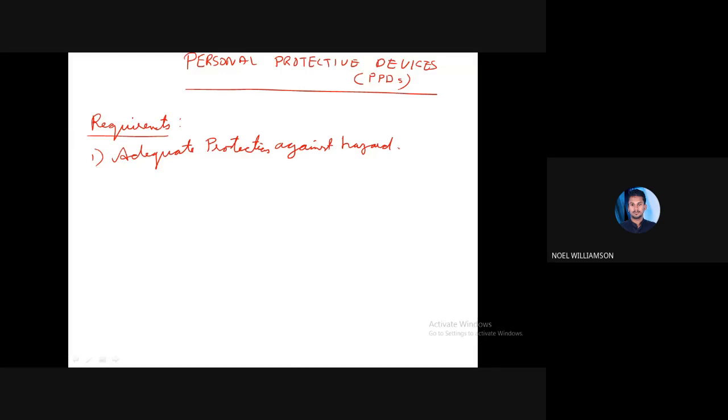Otherwise, if it is just for a look, then it is not a personal protective device. We cannot say that it is a personal protective device. It should serve the purpose. So adequate protection against the hazard, that is the first one.